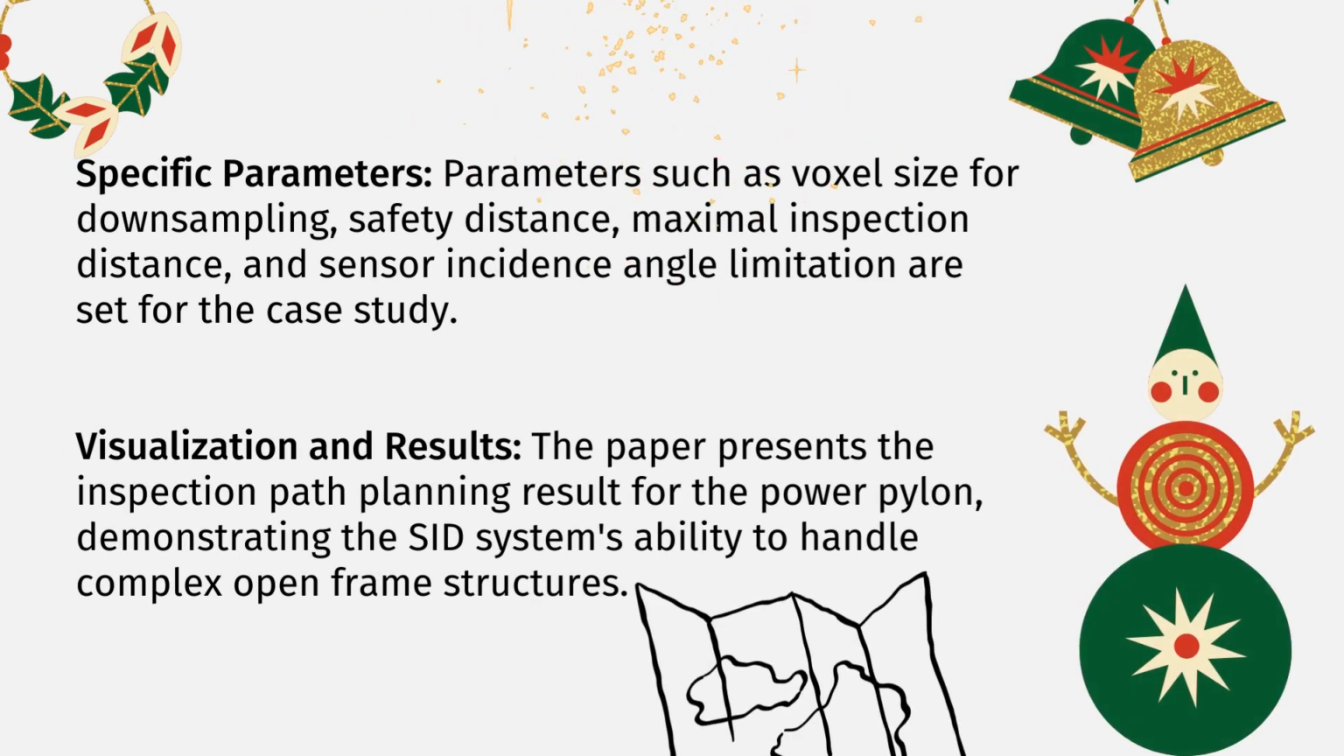They have specific parameters such as voxel size for downsampling, safety distance, maximal inspection distance, and sensor incidence angle limitation. They have much more safety measures compared to the first project. The paper presents the inspection path planning result for the power pylon, demonstrating the system's ability to handle complex open